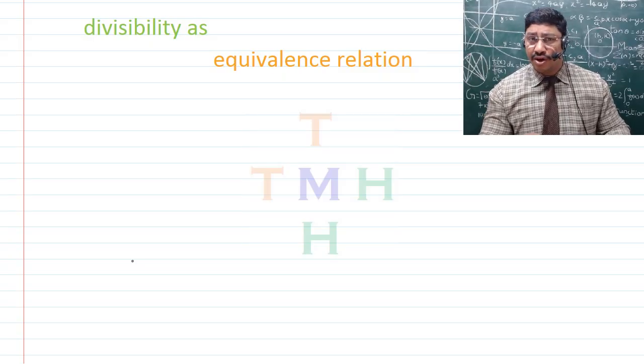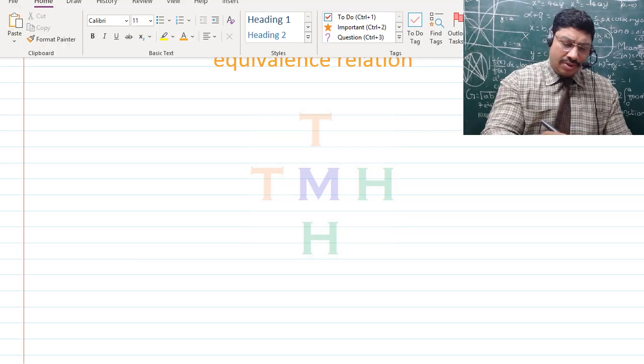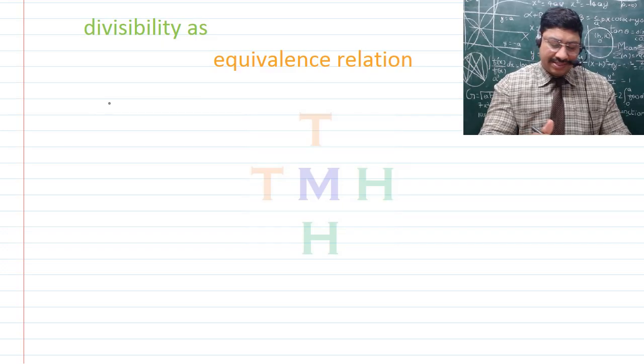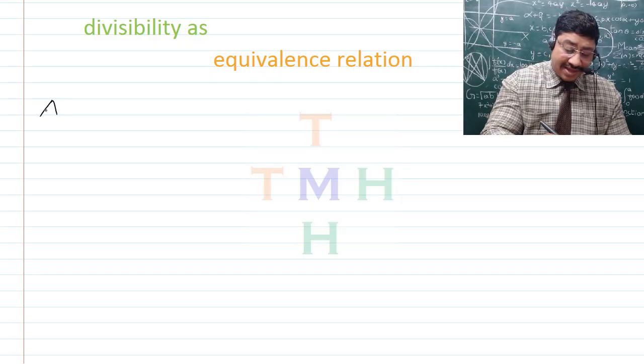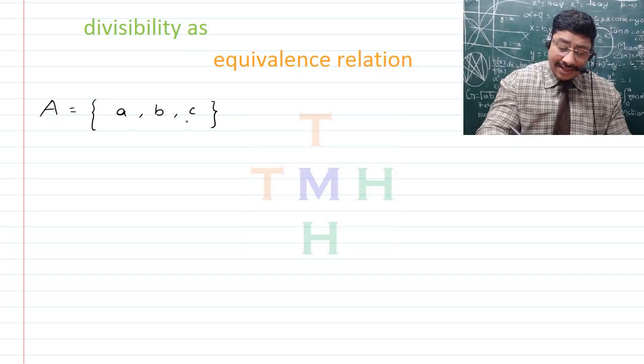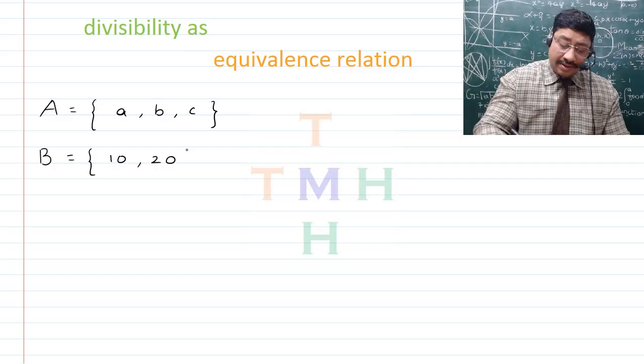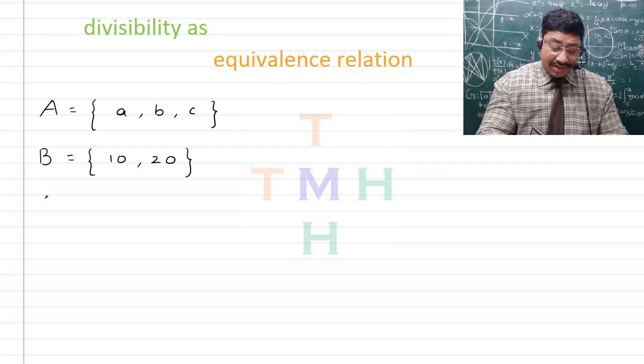First, starting off with what a relation is. When we talk about a relation, we actually mean that we are interested in getting a subset of the Cartesian product of two sets. For that matter, let us consider that we have a set A and the elements of the set A are a, b, c, and let us consider another set B which has some elements like 10, 20, right? Now, if we are to find the Cartesian product, which is A cross B, then what we'll do is